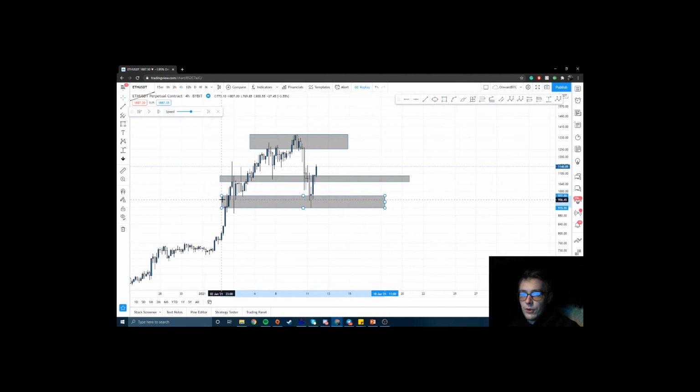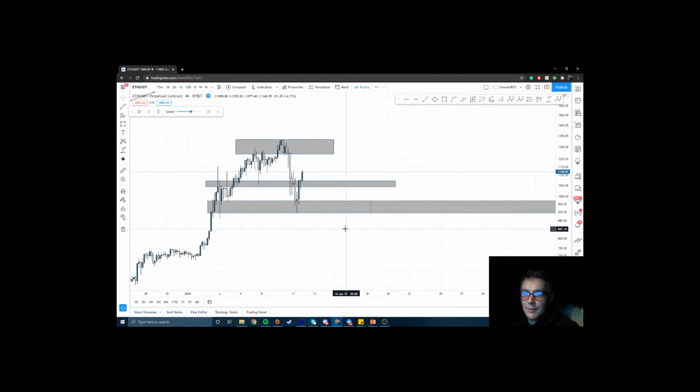So what I'm going to start doing actually is extending these boxes so we can see how they're useful in the future without me having to keep on extending them. So you can see we have some confluence over here. The most important thing to focus on is more recent data. So obviously these levels are more recent, thus more important than these levels, but it's nice to see that overlap,